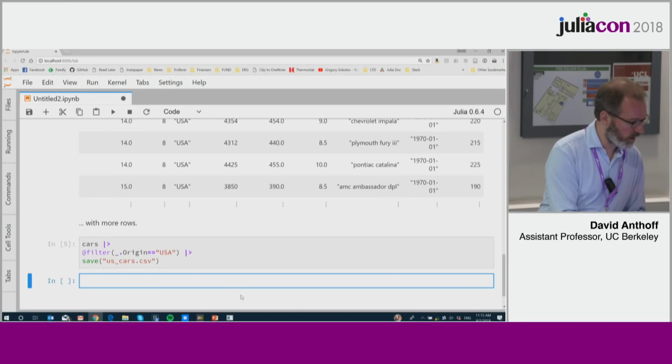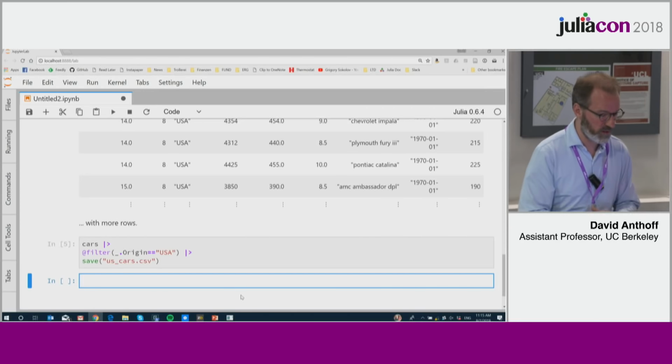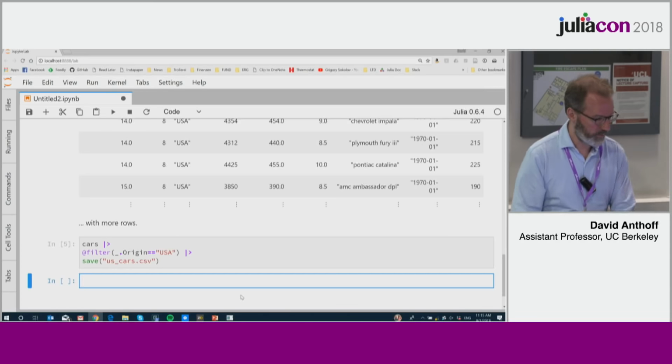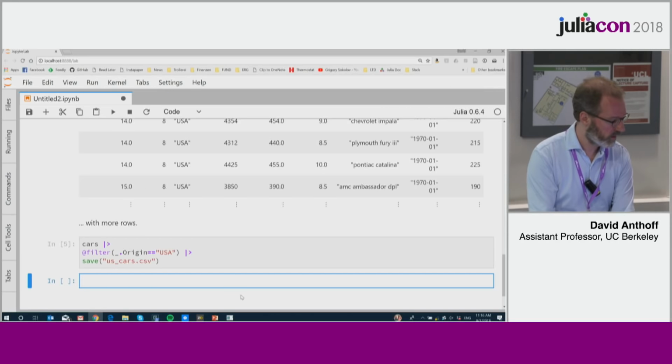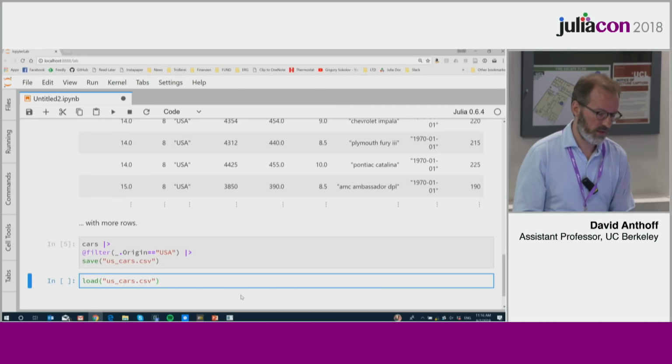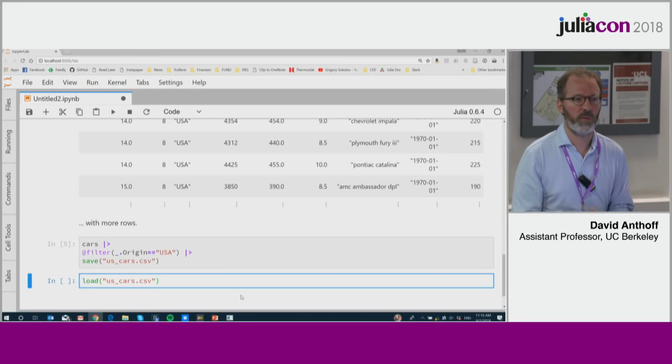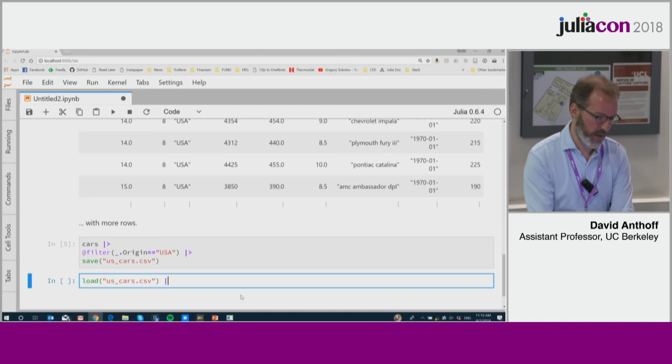Let me show you one more example of one of these pipeline ideas. We're going to load the CSV file that we just saved, and then we're going to create a plot with this CSV file. Not using the interactive visualization tool that I just showed you previously, but with an API for creating plots. So I'm going to say load uscars.csv. So this loads a CSV file from disk. And then I can pipe that